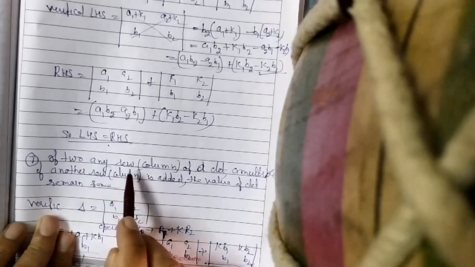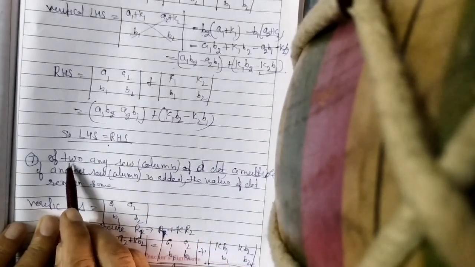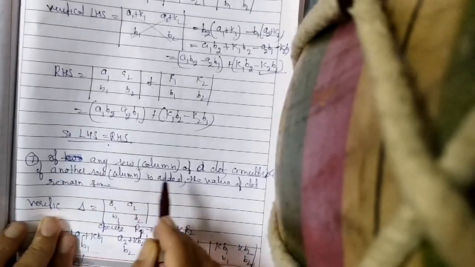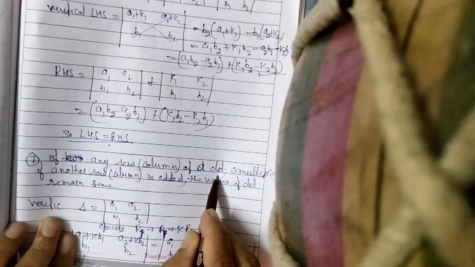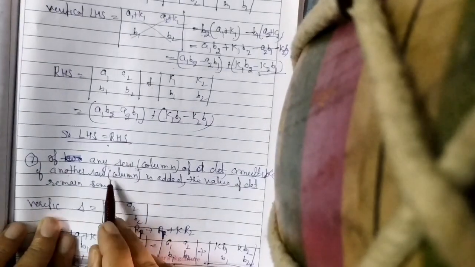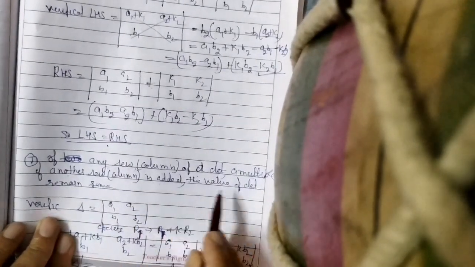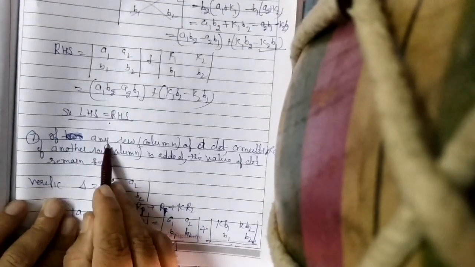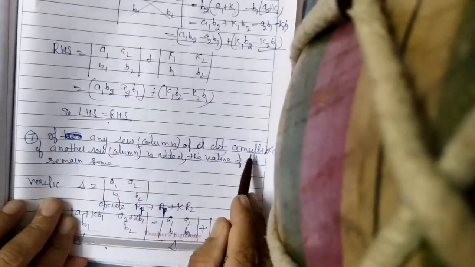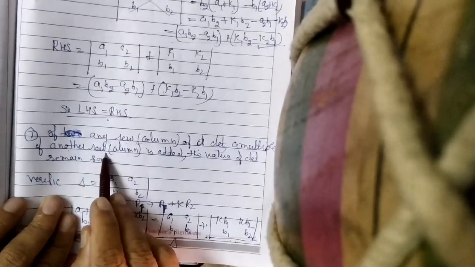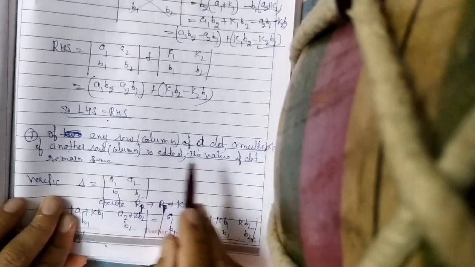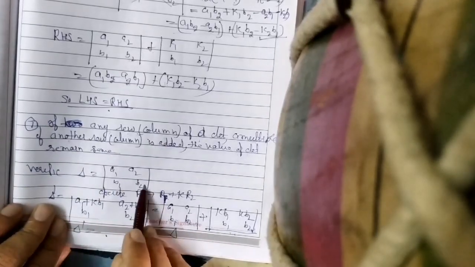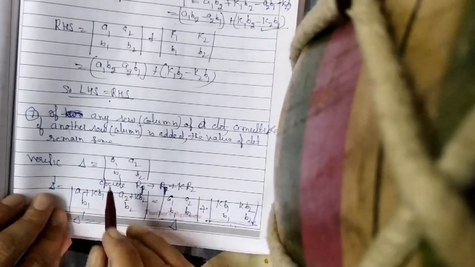If any row or column of a determinant, a multiple of another row or column is added, then the value of the determinant remains the same. If to any row or column of a determinant, a multiple of another row or column is added, the value of the determinant remains the same. Verification: let delta equal A1, A2, B1, B2. Operate R1 becomes R1 plus